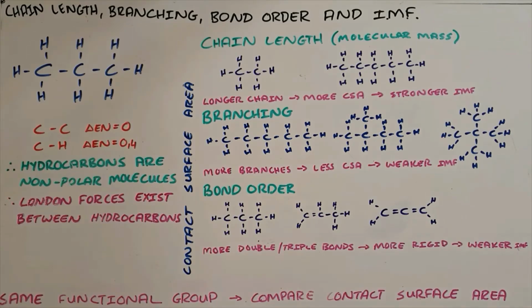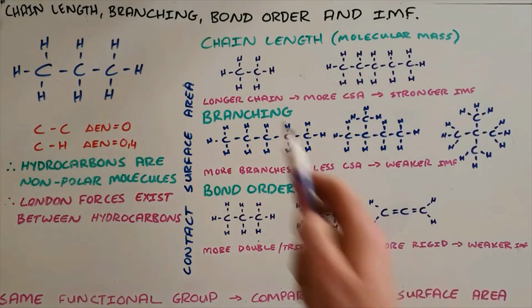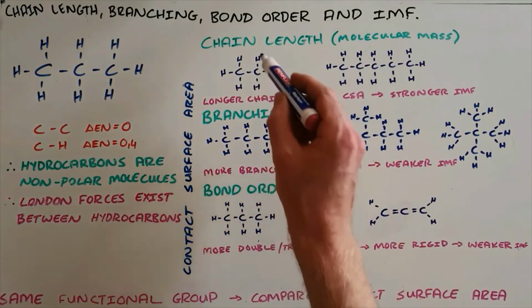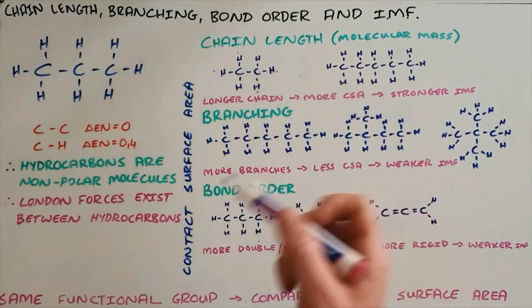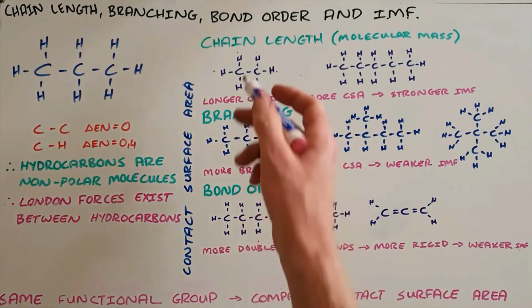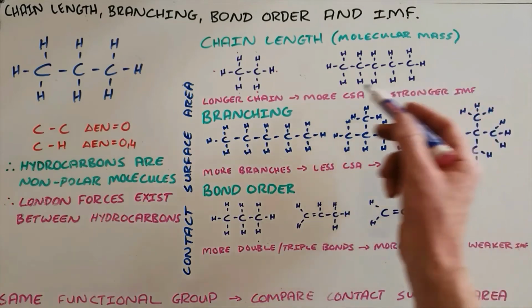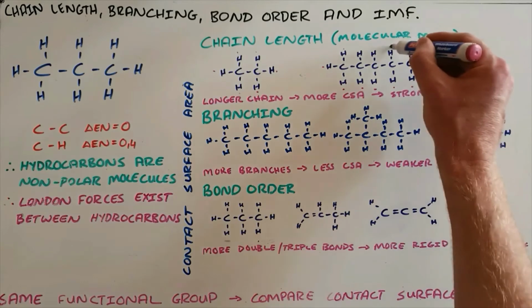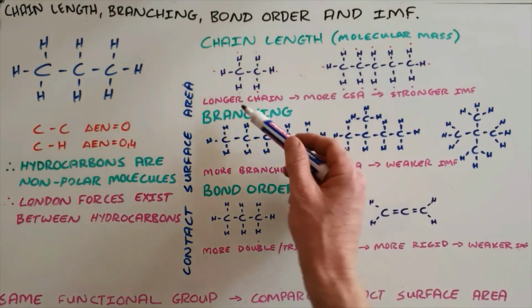The first is the length of the chain, or the chain length, also sometimes referred to as the molecular mass, where here we can see we have two examples. The first example is a smaller molecule that only has 1, 2, 3, 4, 5, 6 sites where intermolecular forces could exist, where those temporary dipoles of London forces could be induced. This is in contrast to a bigger molecule that has 1, 2, 3, 4, 5, 6, 7, 8, 9, 10, 11, 12 sites for potential London forces to exist, and as a result we say that this chain length being